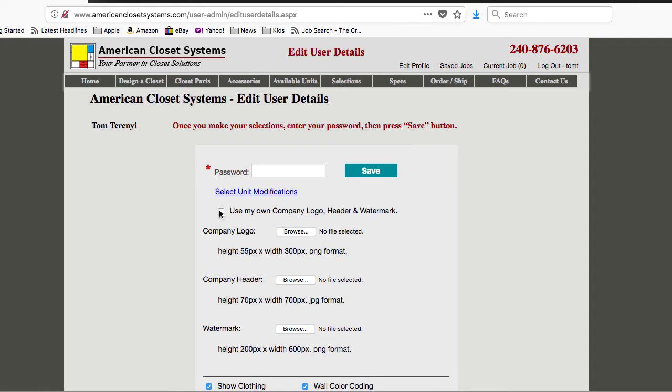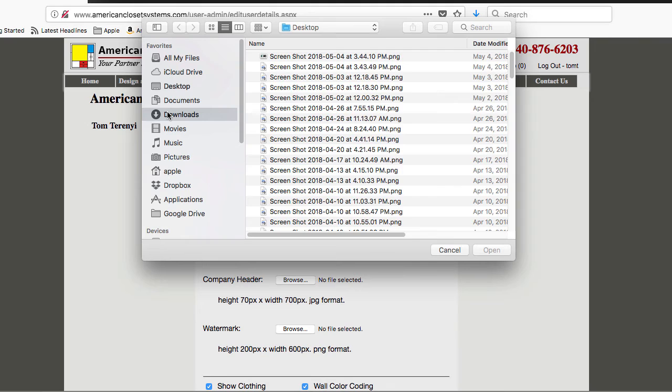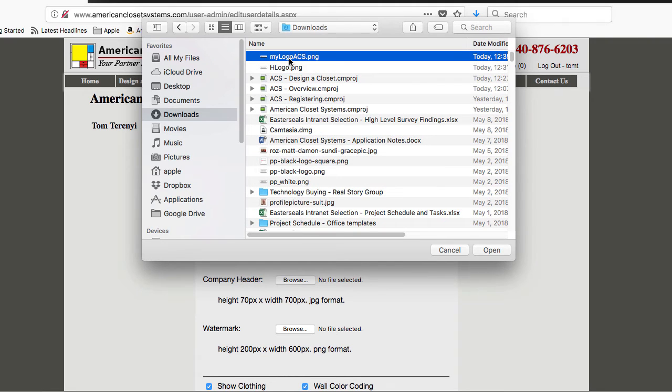And so one of the things I thought we could do for this exercise is walk you through a little bit of that. The header and watermark we can talk more about later, but I thought just to show you what it might look like to have your system branded so that you can be going before customers, and this is essentially your system that's white labeled for you. You can go in, there are some specifications and we can help you with this if you need assistance with your logo, but I've got one here that I set up and should be good to go as a test